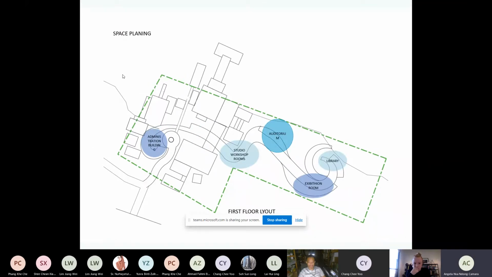So for my first floor plan layout, at the top of where I have the parking, I have an administration building. The administration building is made of offices and a reception, because even though this is a small site, the site itself is quite big, and a lot of tourists come into the site.